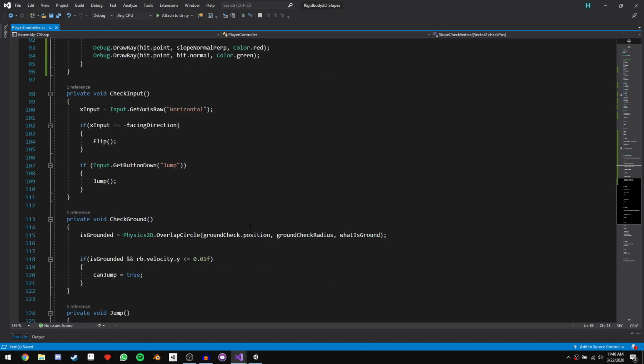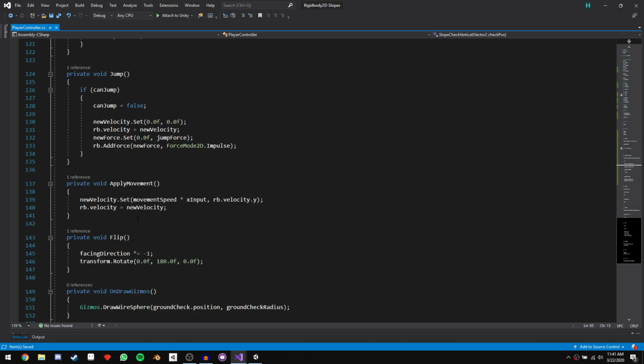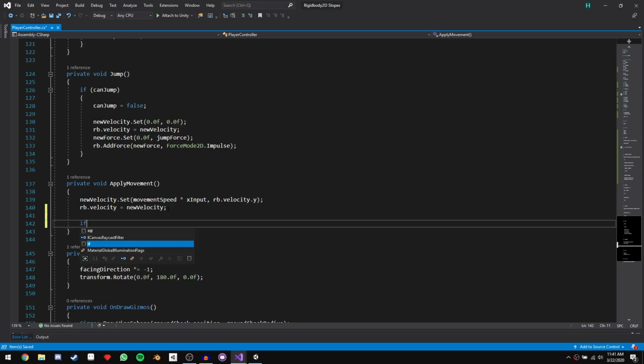Next, we want to come down to our apply movement function. Currently, all we're doing is creating our movement vector2 and then applying our movement vector2 as a velocity. Instead, we're going to have 3 different ways of applying velocity. One for if we are on flat ground, one for if we're on a slope, and one for when we're in the air. So let's start off by just writing those 3 different if statements, with the first one being